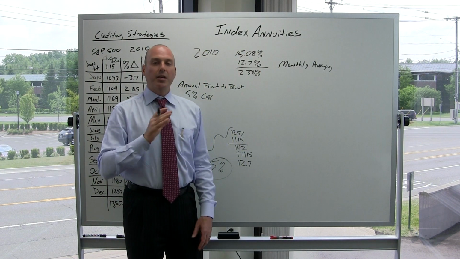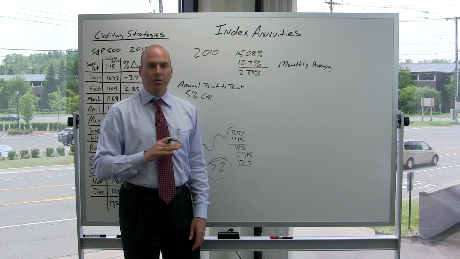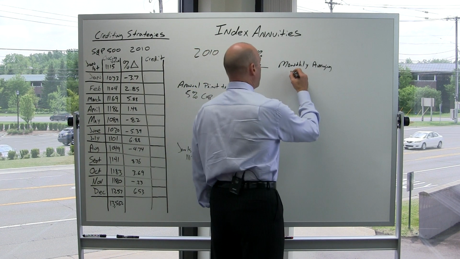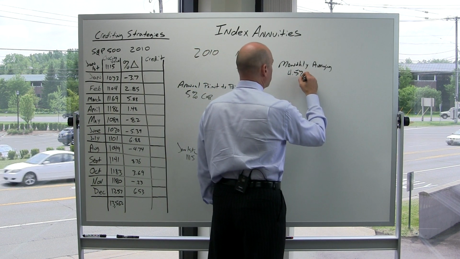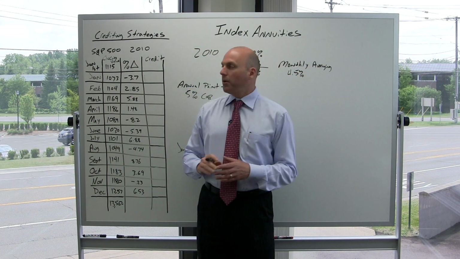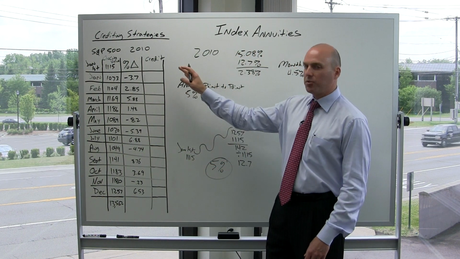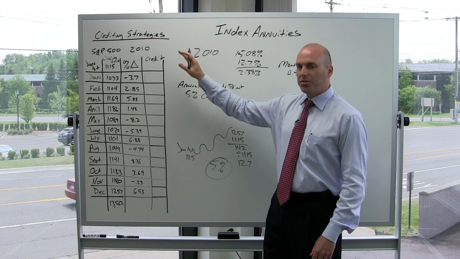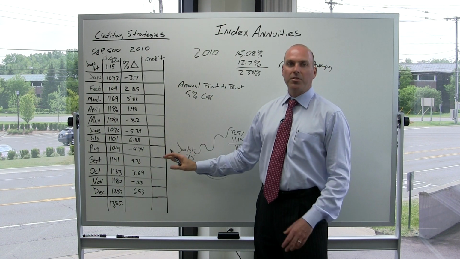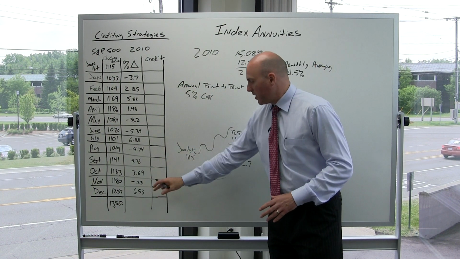With monthly averaging, it can be common to see a spread used to limit your interest. For this example, we'll use a spread of 4.5%. Now I have up here the end of the month closing prices of the S&P 500 for each of the 12 months in 2010. The first step is to add up all those closing prices from each of the 12 months, which comes out to be